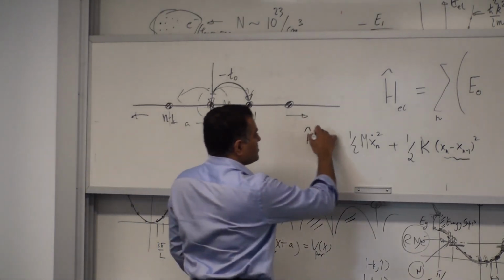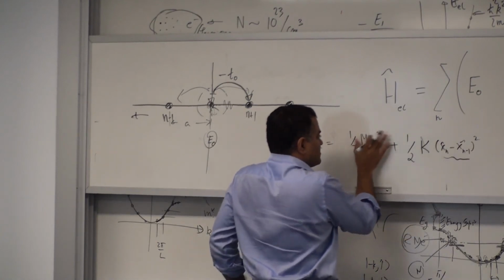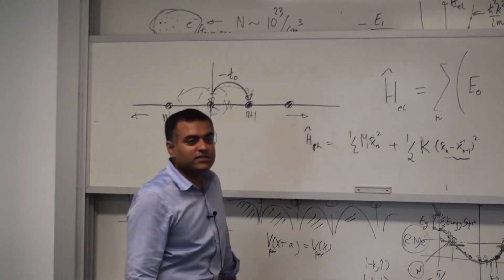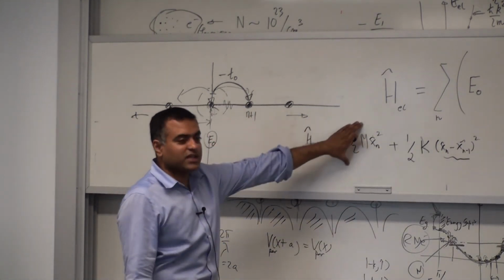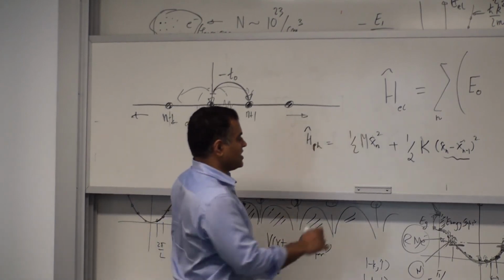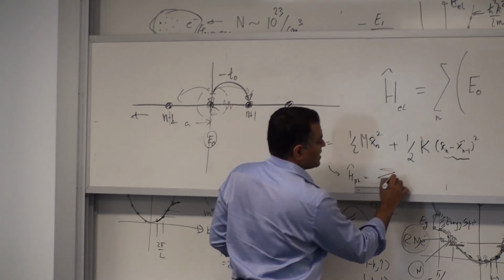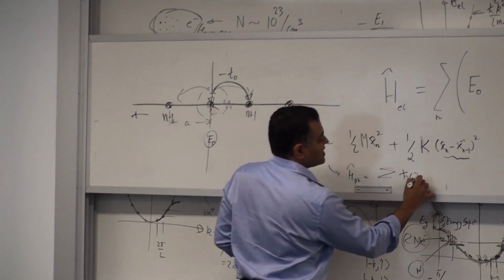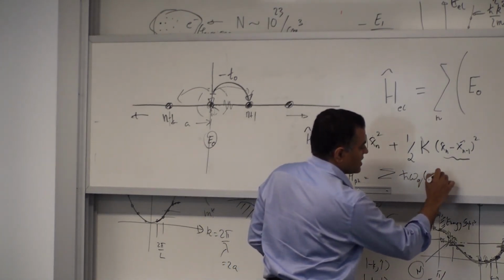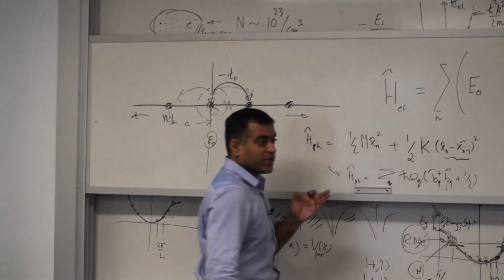And when you go to quantum, all that you do is mass times velocity becomes momentum, this becomes x, and they fail to commute again, x and p. And this becomes exactly the harmonic oscillator. The phonon part is the exact harmonic oscillator. Let me just write it down: h bar omega q, times b_q dagger b_q plus half. That's how the phonon will become.